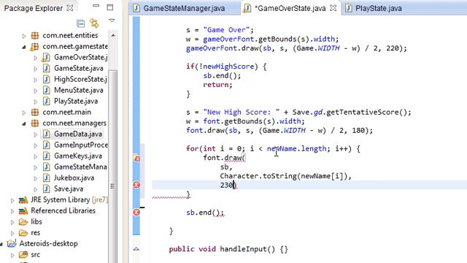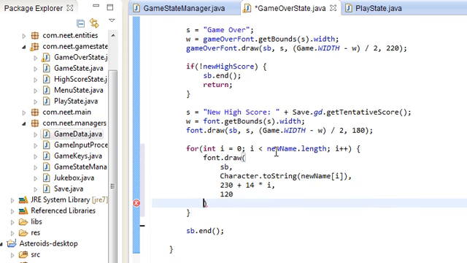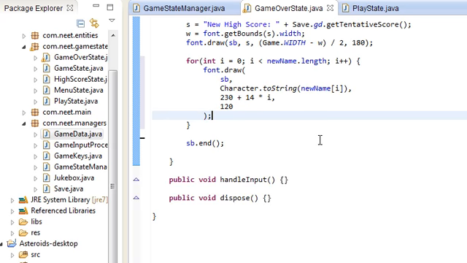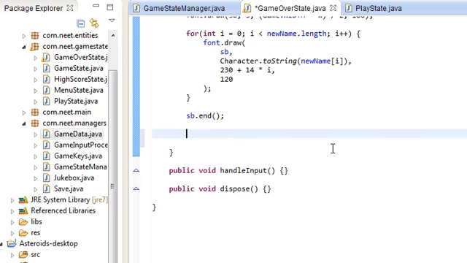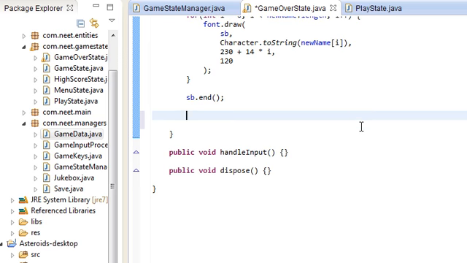This one's going to be 230 plus 14 times i, so move it over 14 pixels, and 120 high. Like that. And sb.end. And we're also going to use this shape renderer to draw pretty much arrows,